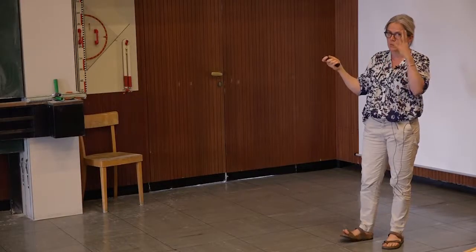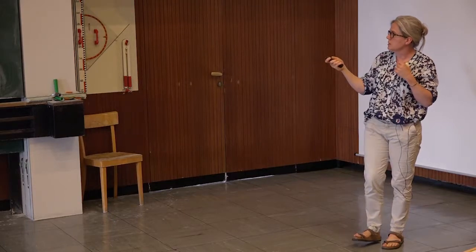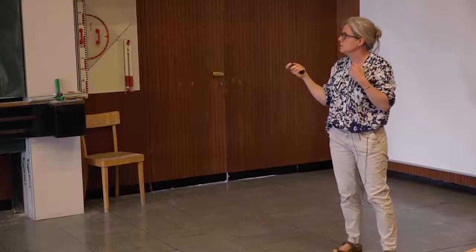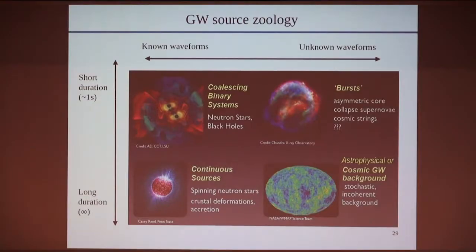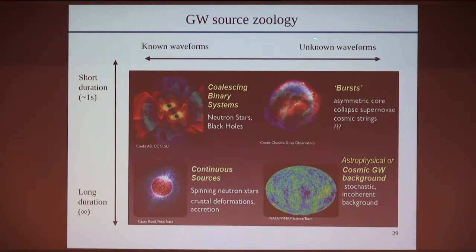When the core collapses, it takes less than 1 second. The point with those sources is that the waveforms are not very well known. Some simulations are available, but it's so difficult to simulate one collapse that we can't use the waveform completely as we do for